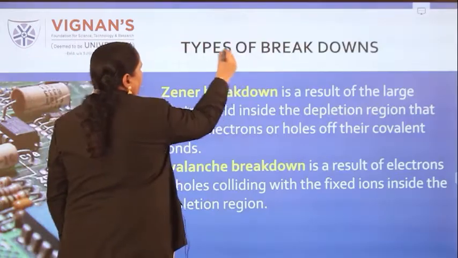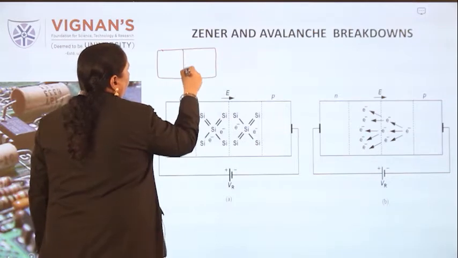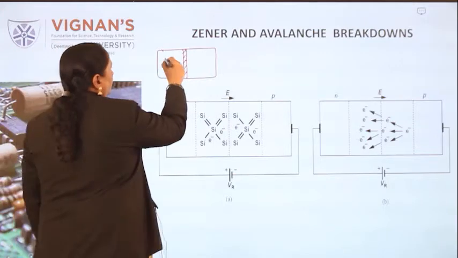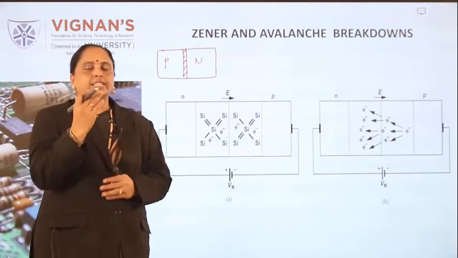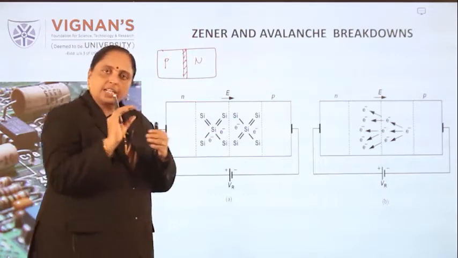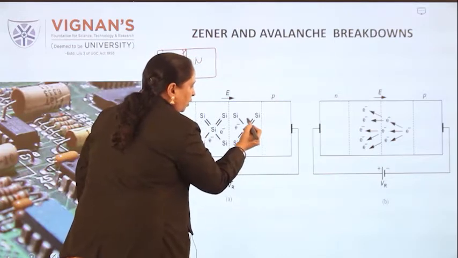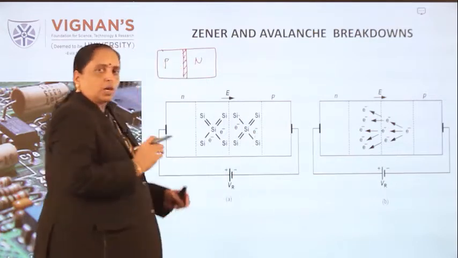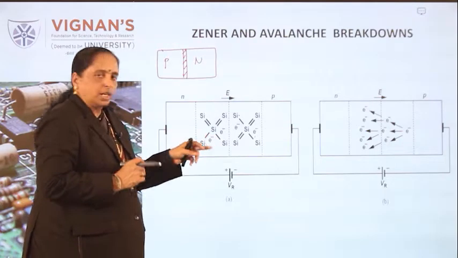So if you see the construction here, in case of a Zener breakdown, the depletion width is very narrow. So this is P and N. Depletion width is very narrow, so that a highly intense electric field will result here. See here, that's why in this depletion layer, the direct rupture of the covalent bonds will occur. Therefore here, see, this is a full covalent bond, and here and here, the covalent bond is broken. Here also, two covalent bonds were broken.